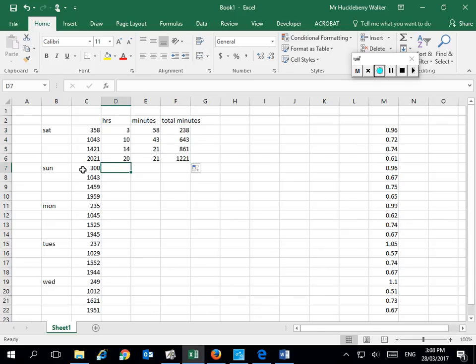Anyway, so let's look at what happens on Sunday. Sunday is a little bit weird because it says 3 hours, but how far away is that from my day previously? I'd need to add 24 hours to this because a whole day has already passed. Remember that word datum? My datum at the moment is midnight from the starting point of this day. 3 hours, 10 hours, 14 hours. Well, to get to here, it's not 3 hours. It's now 27 hours